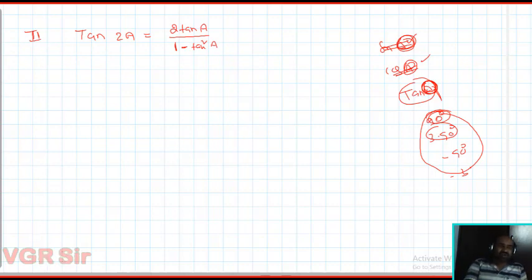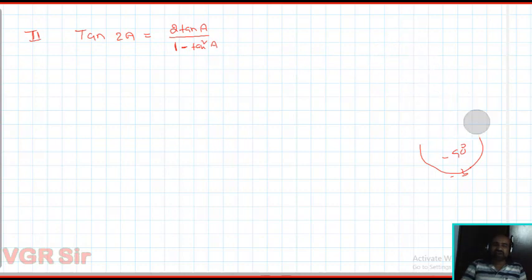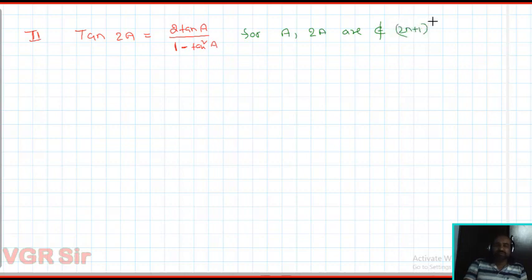Okay. I think understood. Tan is not defined for all multiples of 90. Should remember that. This result is for a, 2a, which does not belong to (2n+1)π/2, an odd multiple, where n is an integer. Take any integer, for example n = 1: this becomes 3π/2, 3 into 90, not defined. That means your a and 2a should not be in the form of (2n+1)π/2. For those angles the formula is not valid.